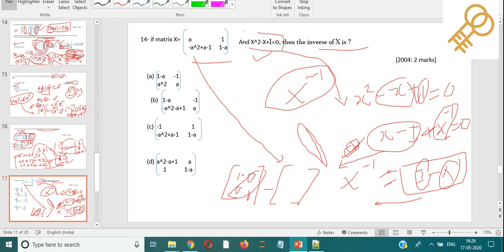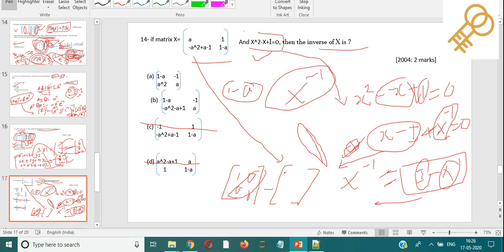So if you multiply minus 1, you get 1 minus A. Now you check the first row and first column, which is 1 minus A. Now check which of the options has 1 minus A in the first row and first column. Here is 1 minus A, here is 1 minus A, and this one cancels out, this one also cancels out. So the answer may be A or B. So check the next element.